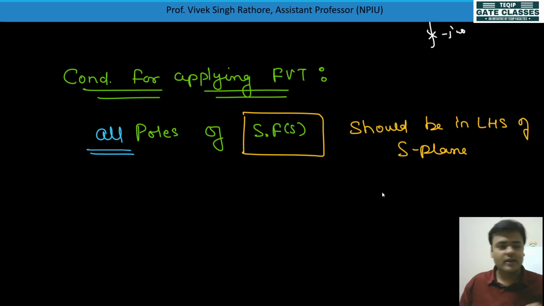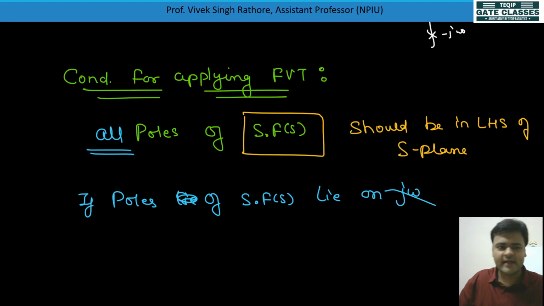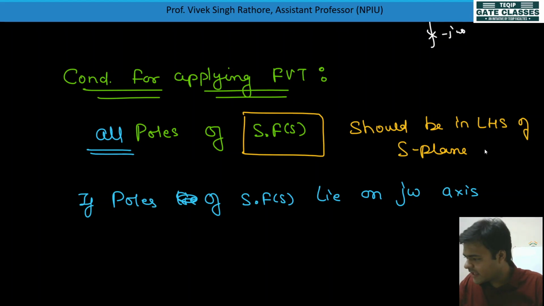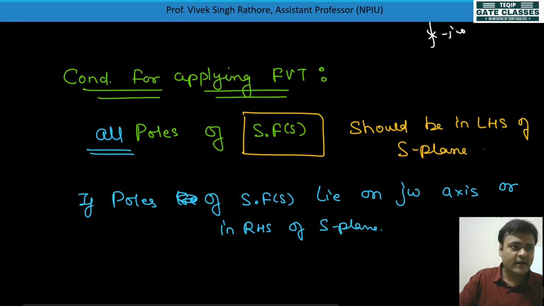If poles of s into f of s lie on the j omega axis, or in the right hand side of the s plane, then what will happen? I will write here, then